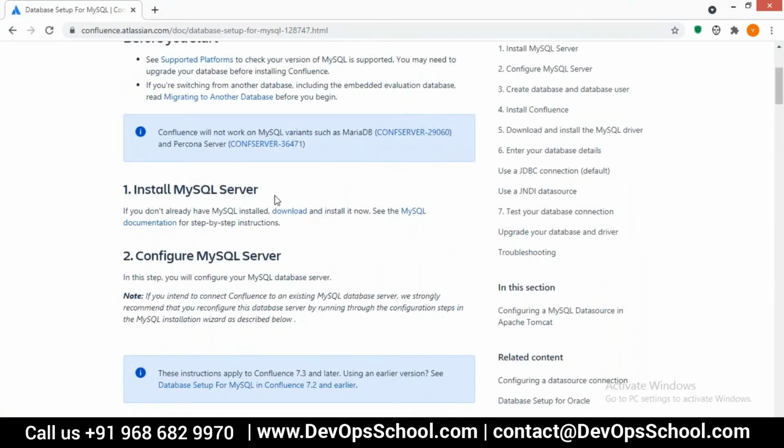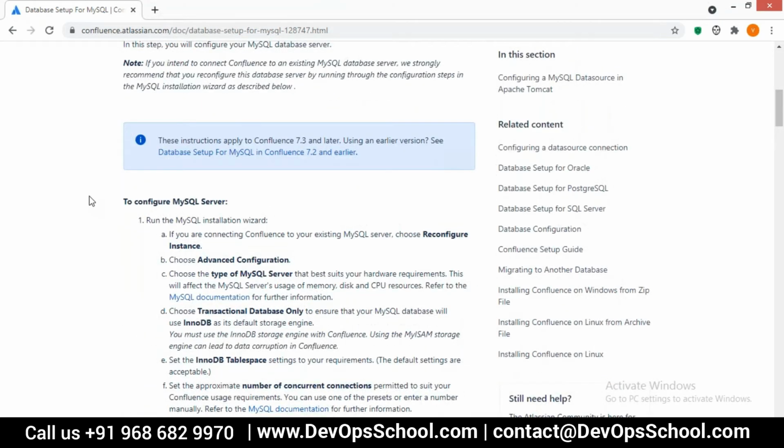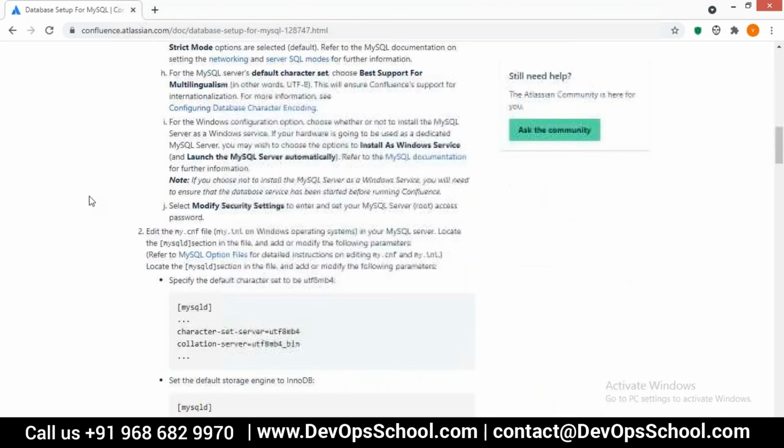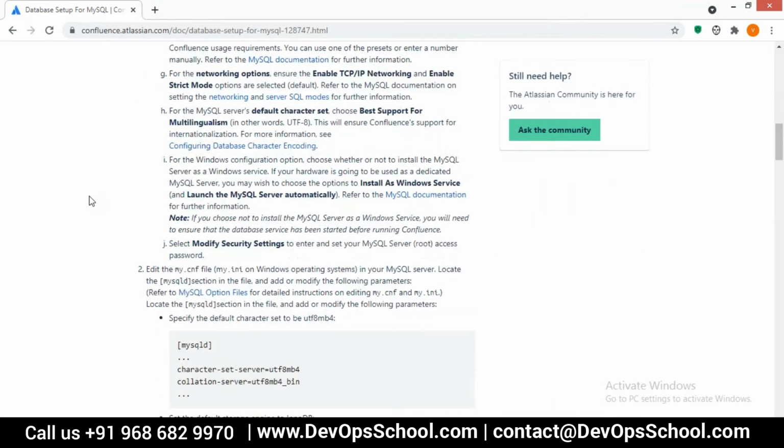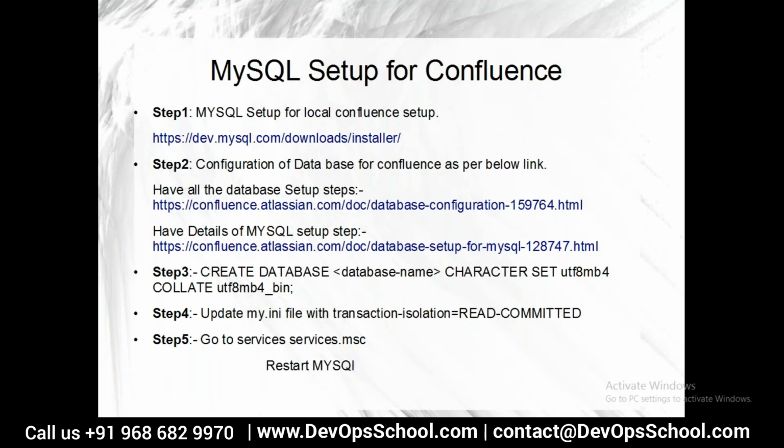We can directly go and download the MySQL server from the MySQL Oracle site. Okay, and it's a click installation, like any VLC player we install, it's similar, just click and install the MySQL database. Okay, so the important part is what we need to do specific for our Confluence setup. For that, we have to create a database which will be used by Confluence when we do the installation and try to use Confluence. So we need a database for that.